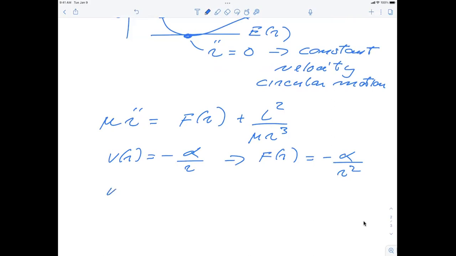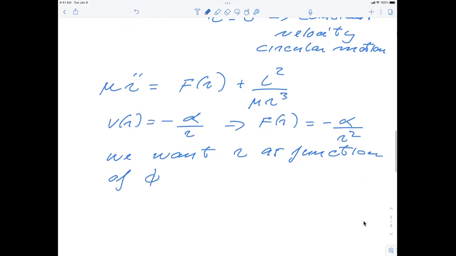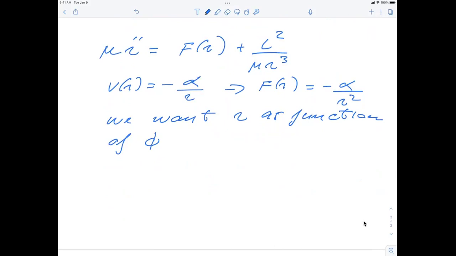So we want R as a function of the angle phi. And this is the thing which we're going to deal with for a large fraction of the lecture here, as a function of the angle phi. So we need some tricks or some mathematics here. So the first trick